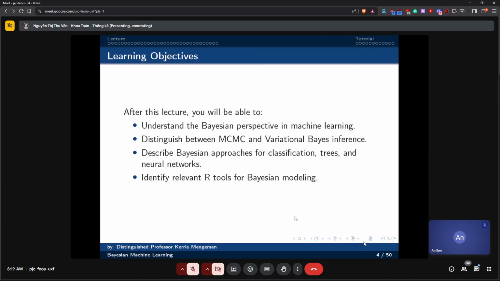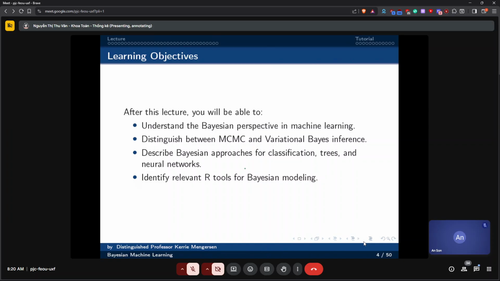There's also 2 other files that we will use in this session. One is an extra tutorial file, a PDF file, and one is an R script. And the R script is called Examples Bayesian ML for Machine Learning. So when we get to those, I'll try and share those slides.